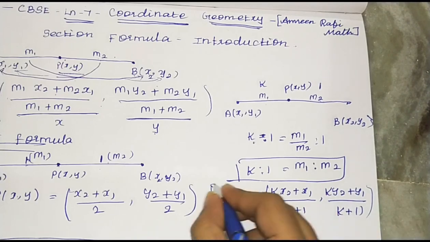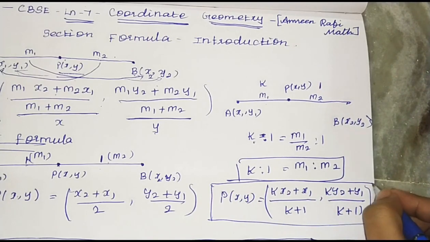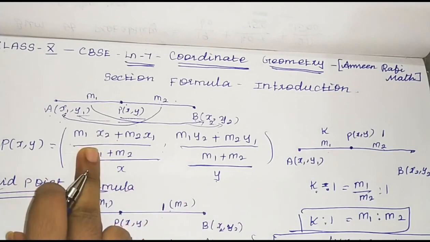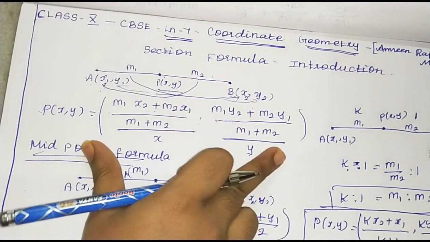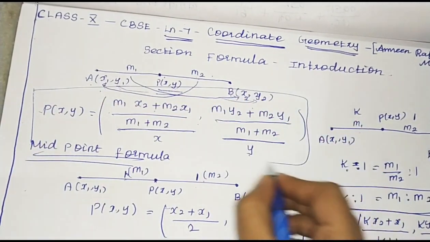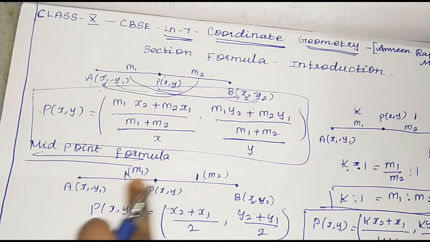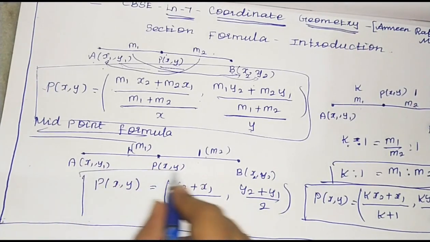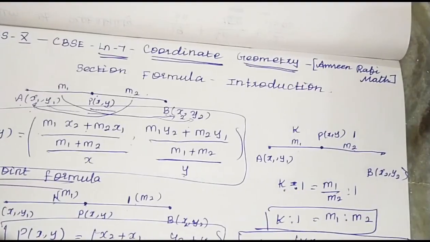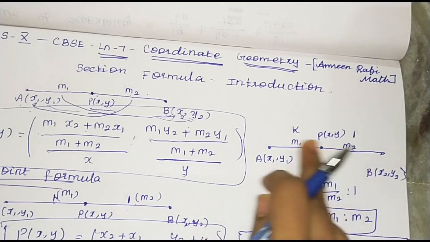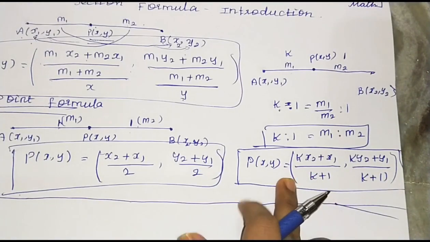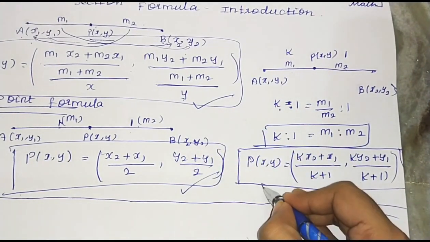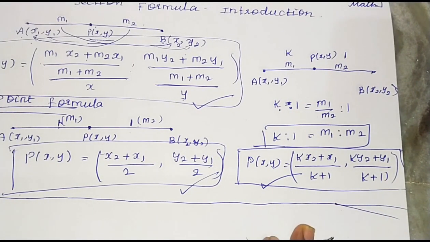So in the section formula we are learning three formulas. One is for the coordinate point P of x comma y. If you are finding it, we will use this formula. The second one is if the ratios are same, meaning 1:1, we can use this formula directly. Suppose three coordinate points are given and you have to find k is to 1, the ratio value, then we can use this formula. So these three formulas are very important to solve Exercise 7.2.